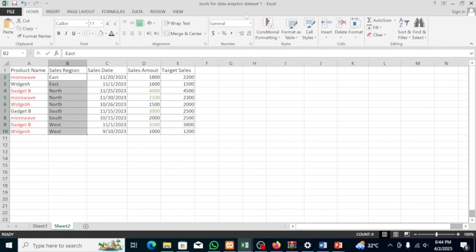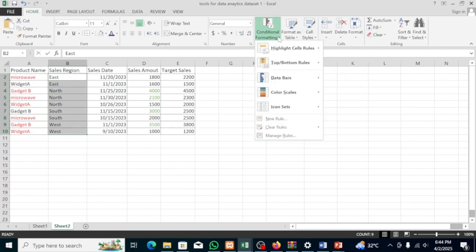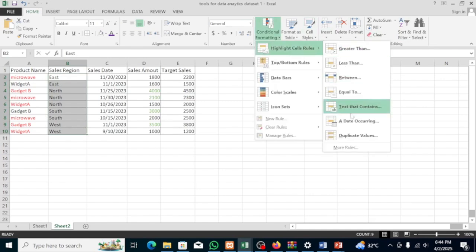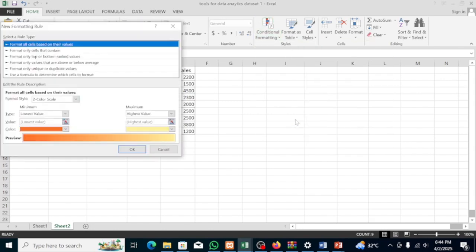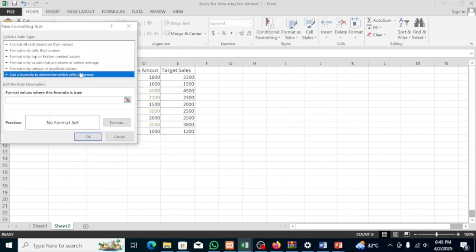Then go to this, new, and use this formula again. So here, equation sign B2,